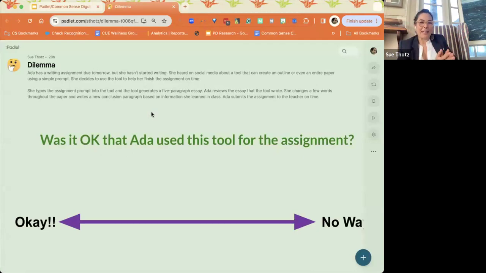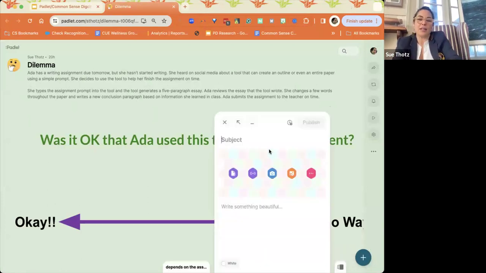Here is the Padlet that I made. I copied the dilemma. I put the word dilemma as my title for the Padlet. And then in the description of what my Padlet has, I put the dilemma, the prompt underneath here, right? And then what I want all of you to do is add, was it okay for the Ada to use this tool for the assignment? I want you to add your own thoughts, like, whatever your name is, maybe Sue, if you want to put your name in there, and then say, not okay because of these reasons that I'm going to outline, right? And then you say all your reasons.